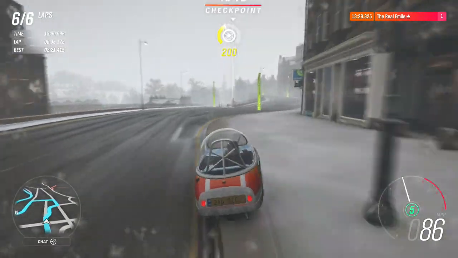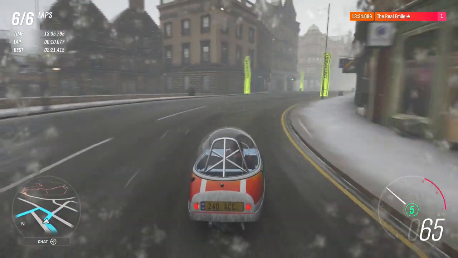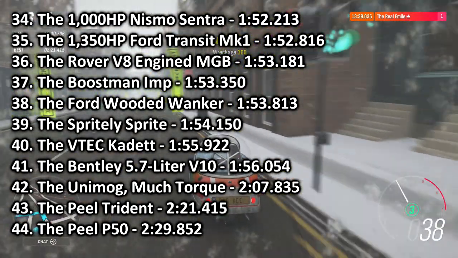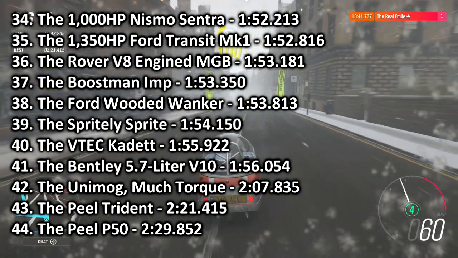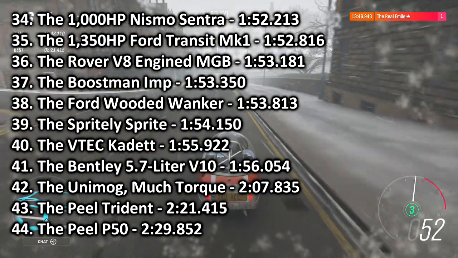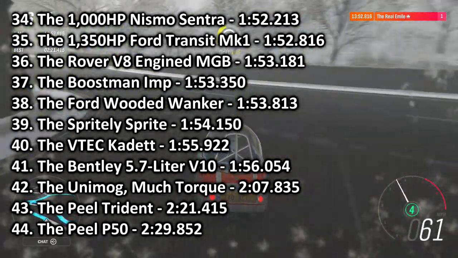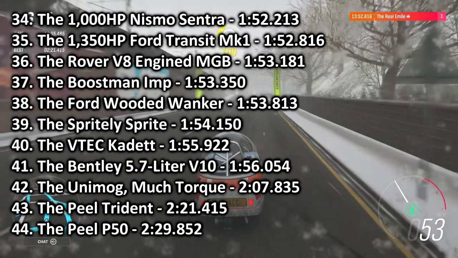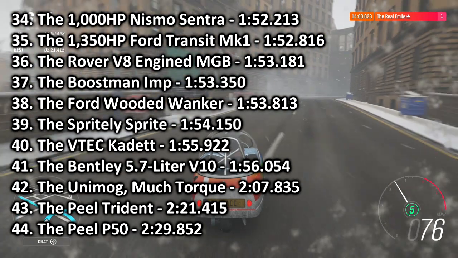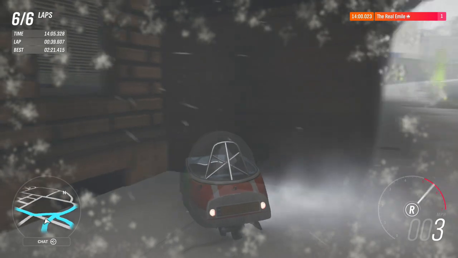Anyways, a 2:21.415 for the Peel Trident will put it into 43rd place. It goes 8 seconds quicker, or 8.5 seconds actually, if we want to be specific, over the Peel P50, the previous one that was run with the motorbike engine. It is, trying to work that out, about 13 seconds slower than the Unimog. A lot slower than the Bentley V10, which is like the first proper car that we've got in terms of